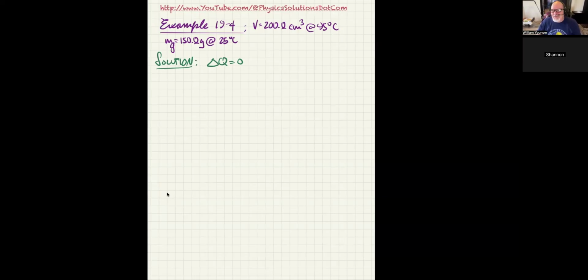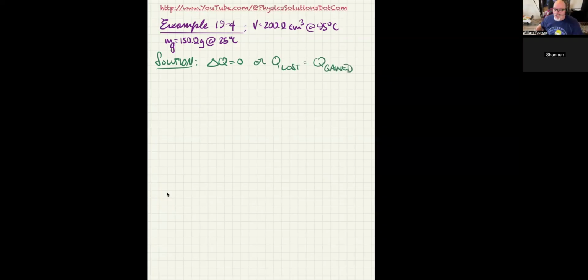Delta Q equals 0 is what we're supposed to do with something we call calorimetry. So we imagine putting this in a sealed container. That sealed container that doesn't lose any heat is called a calorimeter. So this calculation is called calorimetry. The other way is the way I like. I say Q lost is equal to Q gained. That's the way I normally do calorimetry problems.